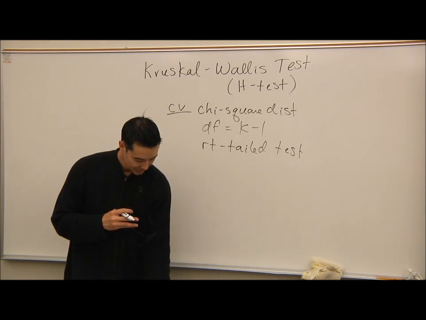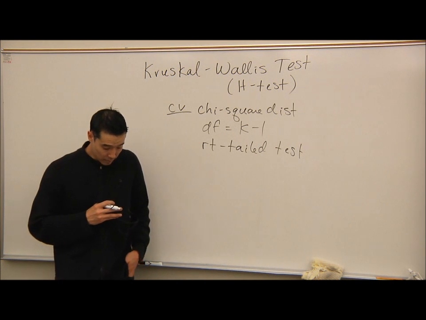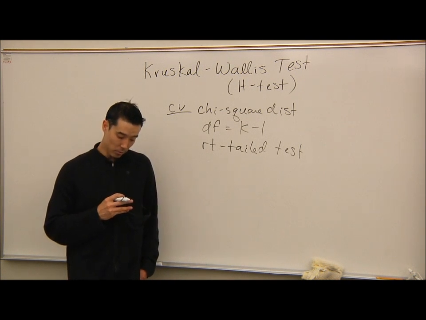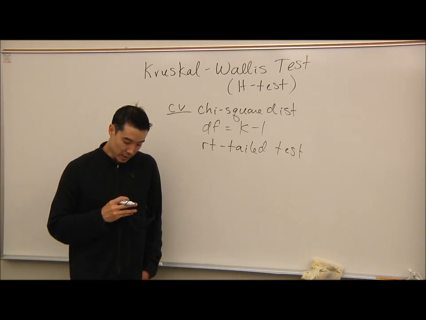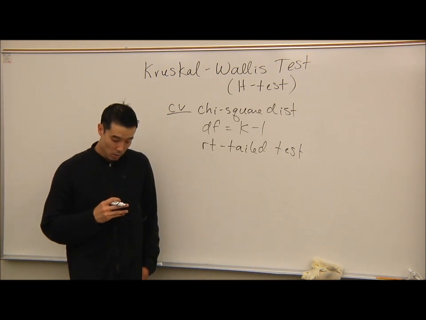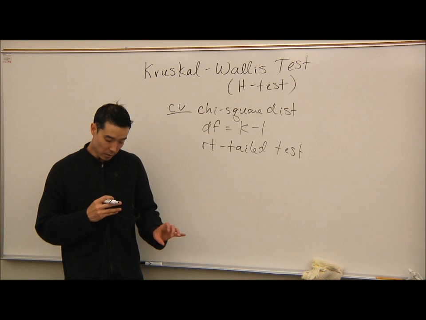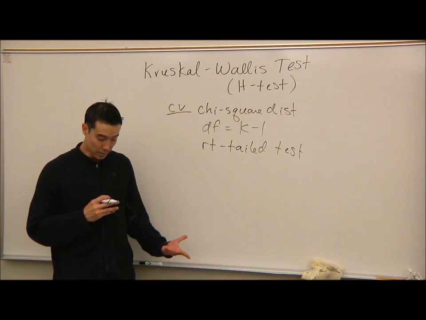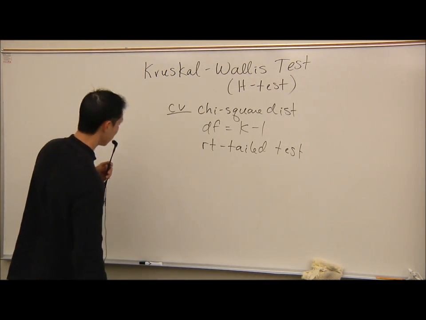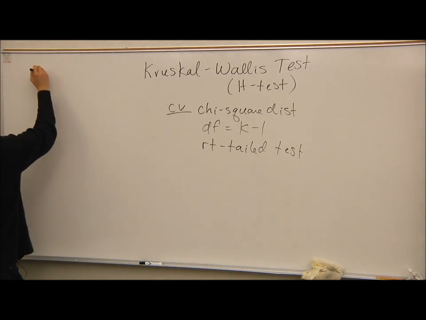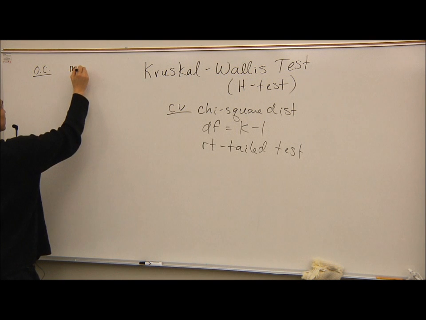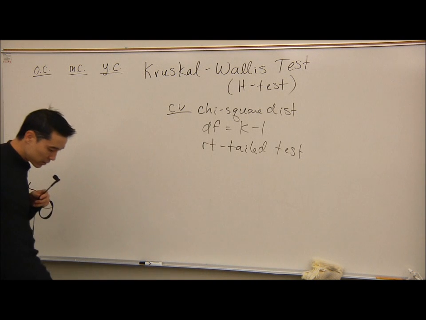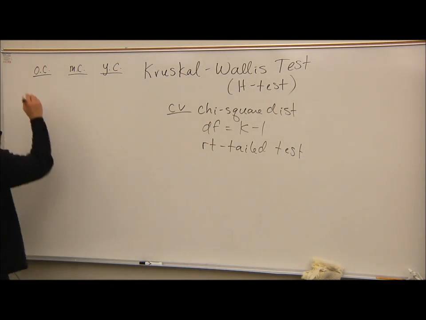All right. Let's put up a problem on the board and then we can walk through it together. A test to measure self-esteem is given to 3 different samples of individuals based on their birth order. At alpha equals 0.05, is there a difference in the scores? So we're looking at birth order, the oldest child, middle child, and youngest child, and they gave them scores based on self-esteem. And the question is, is there a difference in the scores? Let's write down the samples. OC is oldest child, MC is middle child, and YC is the youngest child. The oldest child's scores were 48, 46, 42,